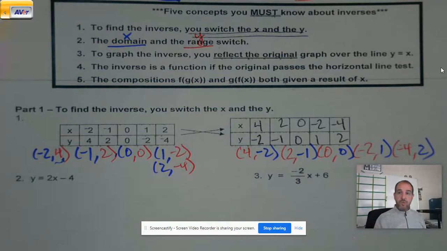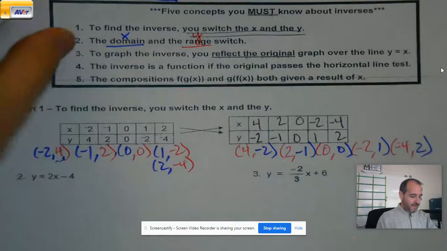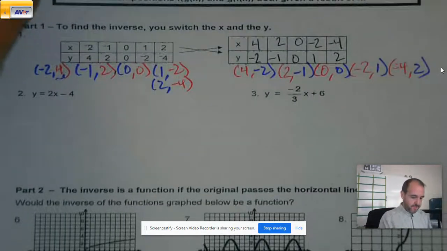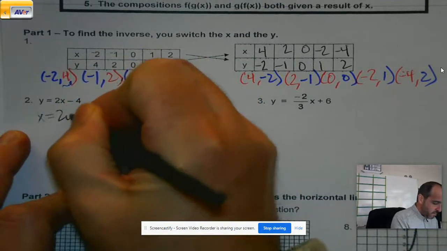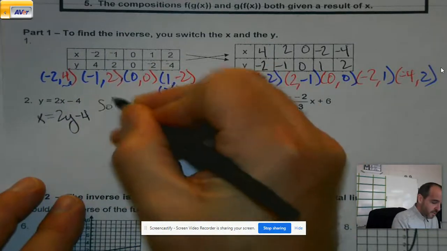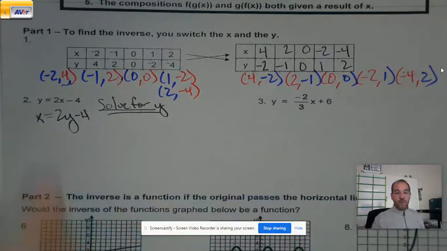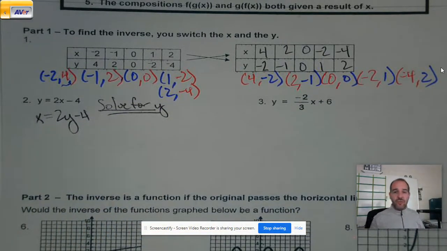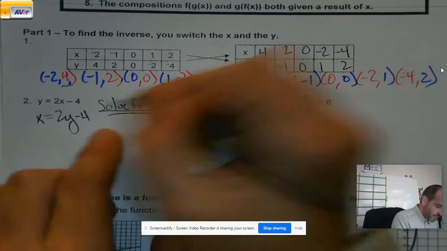What about if you get into a situation like 2 or 3? Now, it's a little more complex with this, and here's why. We are going to switch the x and the y. But when you get into this situation, once you switch x and y, we're going to solve for y. Because we still want to have 2 equations that we could graph if we wanted to look at the graphs of these and see what the inverse is of the other. So we switch x and y and solve for y. And actually, let's do that. So 2